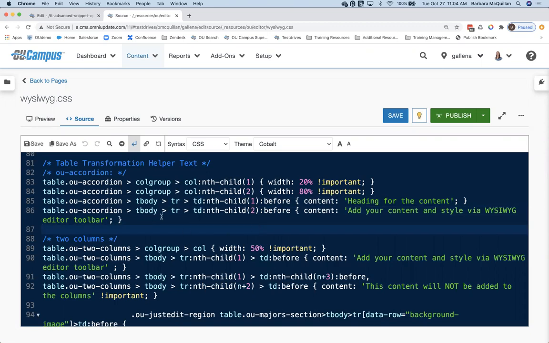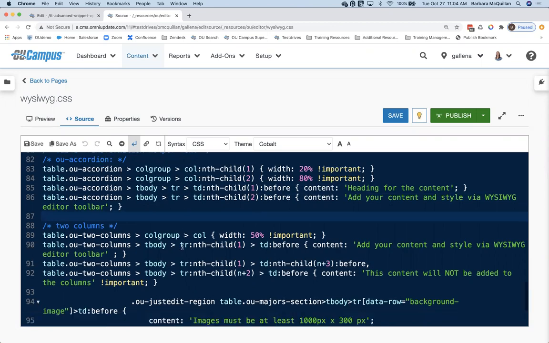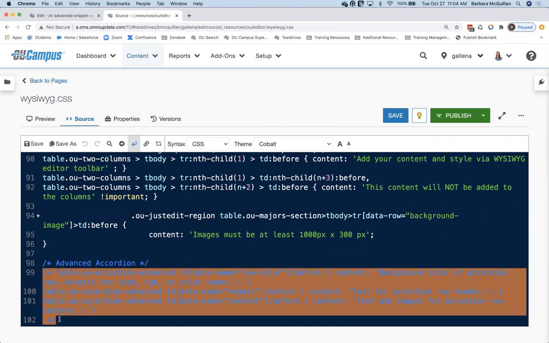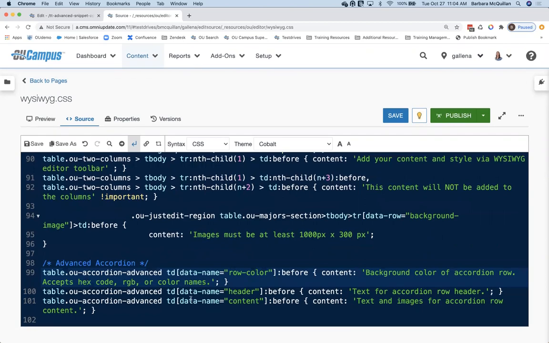So rather than targeting it as this specific chain of different nodes, if I scroll down here and uncomment this, we're now using an attribute called data-name on our individual TD cells, which allows me to target a little bit easier. So I don't have this structure as I'm going down through each of the levels of the HTML. I can simply target the table with the class and then that TD.